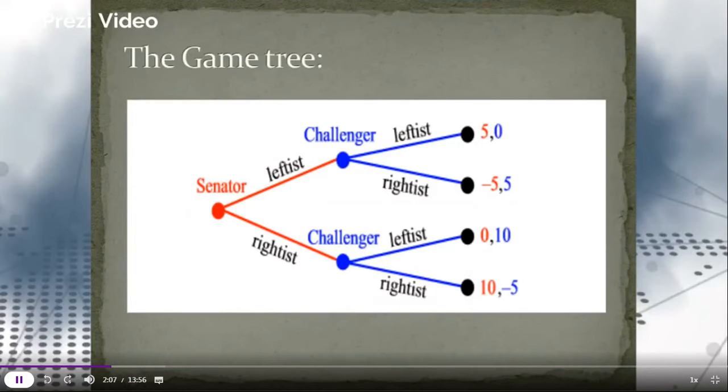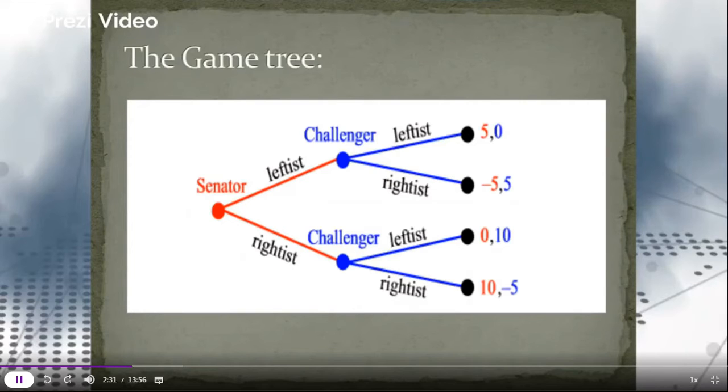Now if you want to find the subgame perfect Nash equilibrium from here, what should we do? First compare these last two values, whichever is greater, stick with this one. Here also, compare the last two values, whichever is greater, stick with this one. So this one and this one. Now compare between these two. You'd see that 0 is greater than -5.